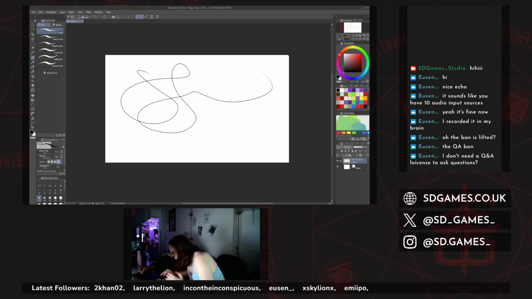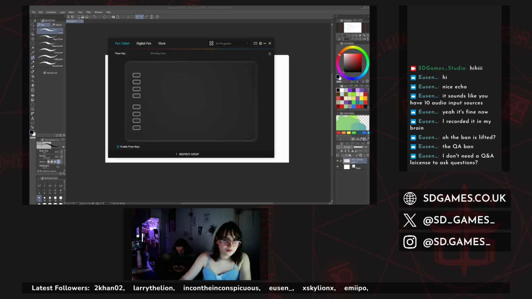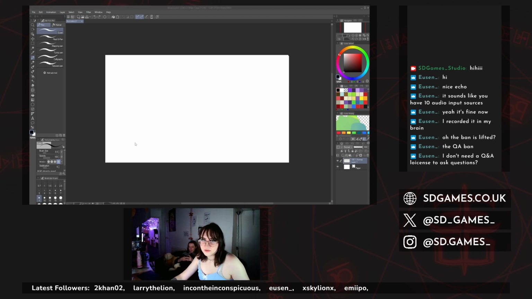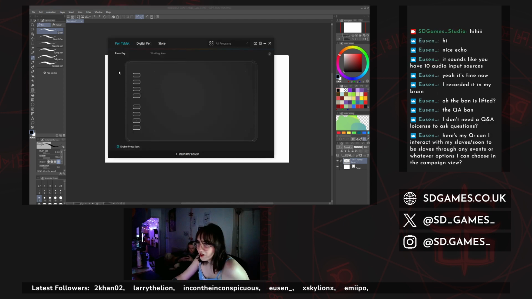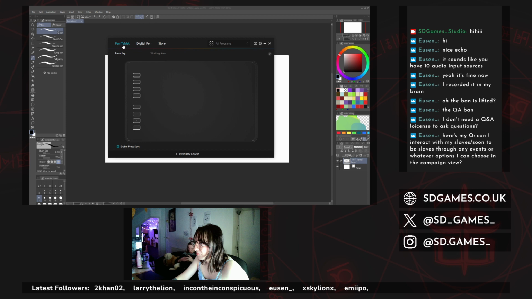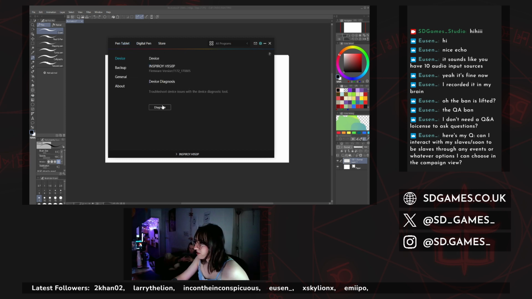Why is that not working? Fight through the crunches. I think your tablet hates this. That is crazy how it doesn't work. Huh. This is Control Z. Is it definitely Control Z in Clip Studio and not Alt Z? Control Z. This is what I pressed. That is crazy. Here's a question. I will answer your question in a second. I'm just checking this real quick because this thing's broken. I think you're just gonna have to deal with this because it's broken, unless we run a little diagnose tool.